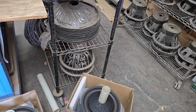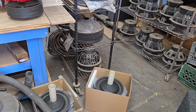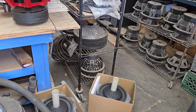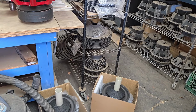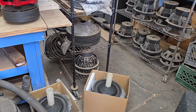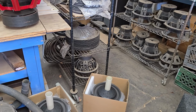The only downside for this frame is that the spider landing is a little on the short side. I think it's like 7.5. So what you do is you just use an 8-inch spider and then you trim it all the way to the roll, and then you just put down a bead of epoxy and then place the coil assembly in it, after you've done the coil. Because I'm going to do the coils ahead of time for this guy, for Michael up in New York. And I'm going to do the bottom of the coils. So all he has to do is shim it up, which I'll give him a shim, or I'll work it out,